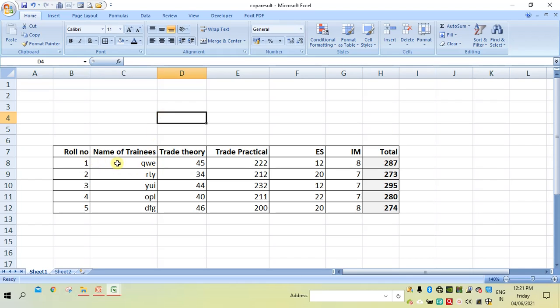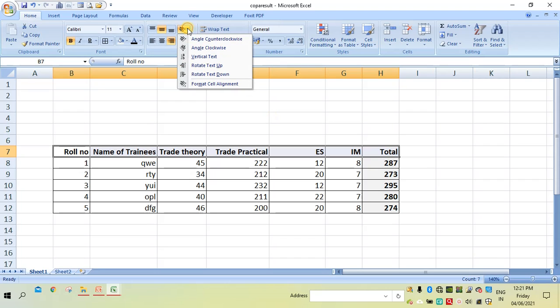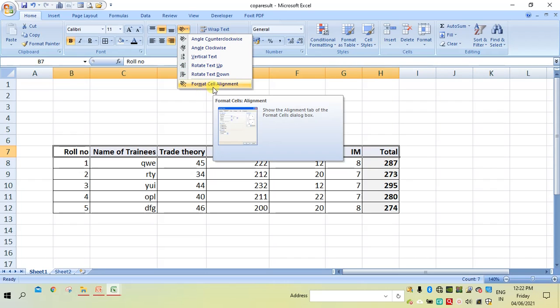The cell's content can be oriented. For example, this is landscape. If you want to change, you can click on this. We have different options: angle counterclockwise, angle clockwise, vertical, rotate text down, and format cell alignment.